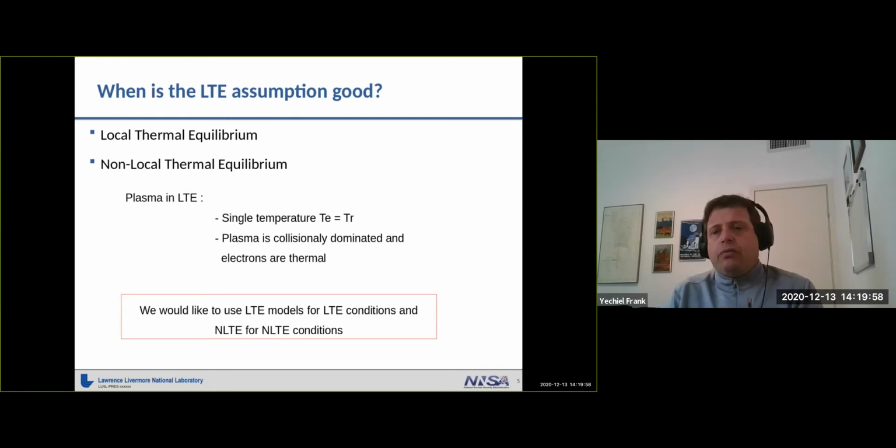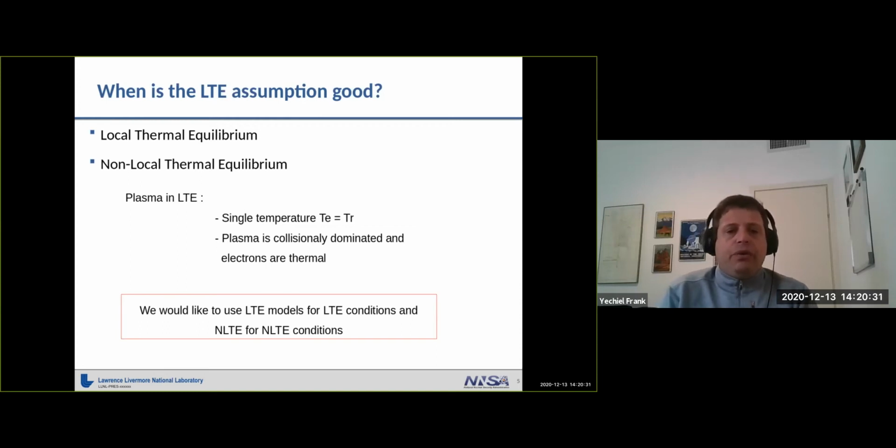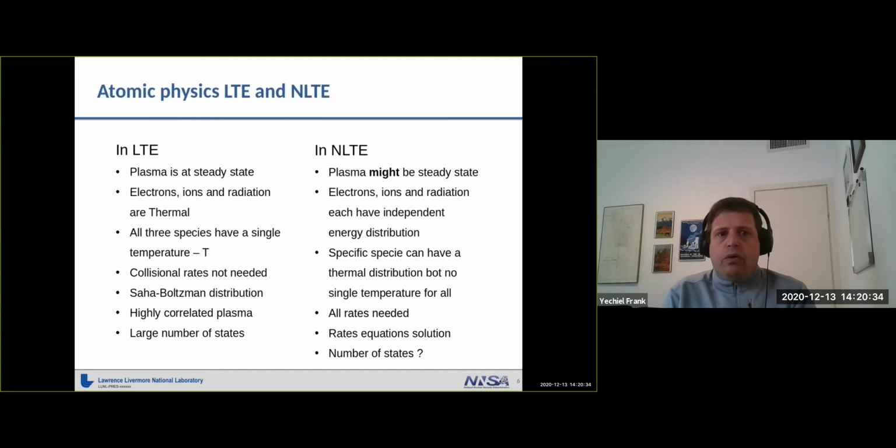And the thing is, even more so, like in the case of the hohlraum, we would like to use the LTE models when the plasma is indeed in LTE conditions. A lot of the hohlraum material is actually at LTE conditions, so we would like to use those when it is reasonable to do so. Even though, theoretically, the non-LTE models should converge into the LTE result at LTE conditions, since they make different assumptions and different simplifications to begin with, of course we would like not to use them when we don't have to.